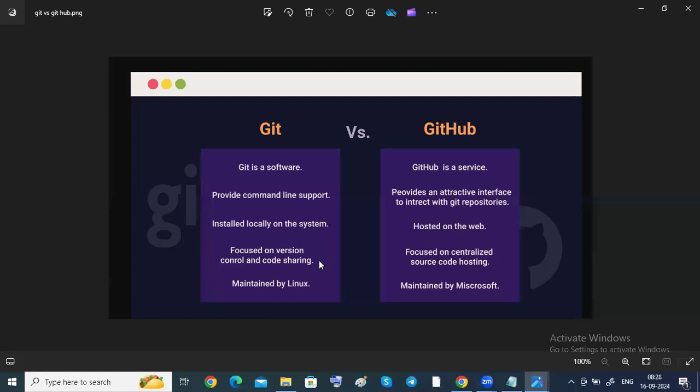And another one is how this version control and code sharing works. I will show you once we go into the practical for both areas. Don't worry. Our code is hosted on the web. How are we going to host our code on the web? I will show you that also, while creating GitHub and all this.